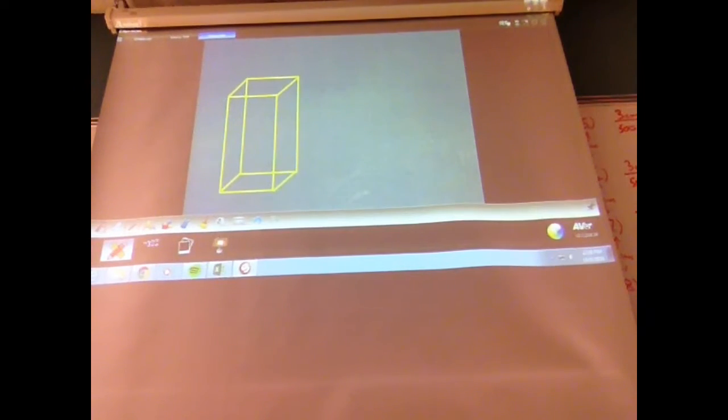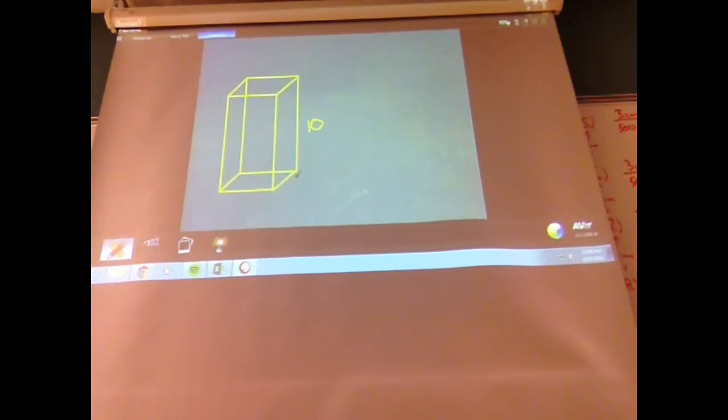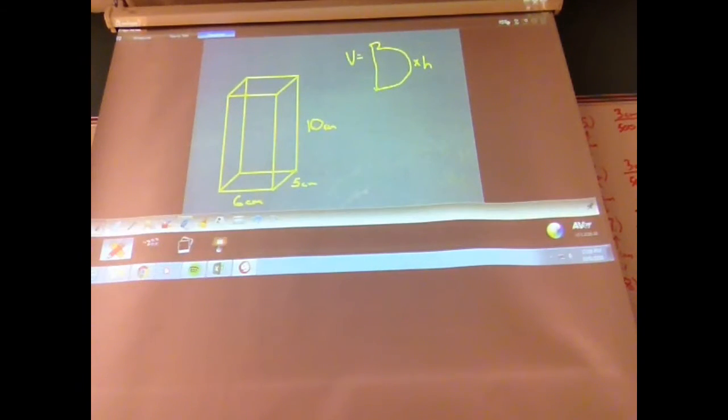Now, on this shape, we're going to say that the height of this is going to be 10. Alright, we'll call this length here 5, and we'll call this length down here 6, and we'll call it all centimeters. Now, our formula to find the volume of this shape is going to be V equals area of the base times the height, okay? Actually, I'm going to erase that times sign there